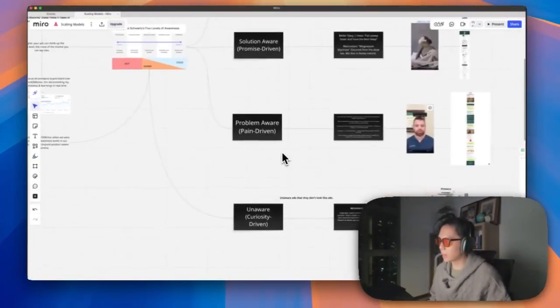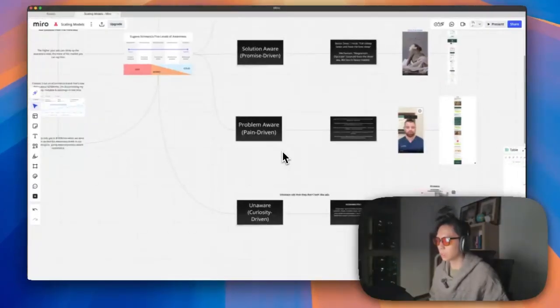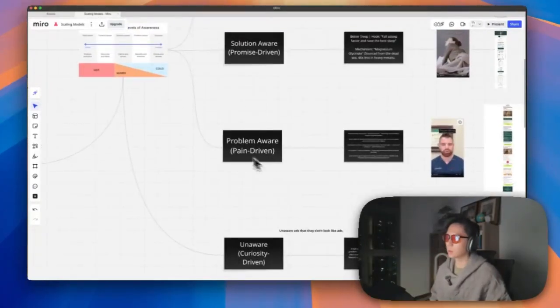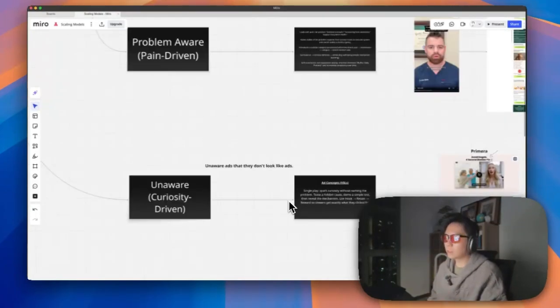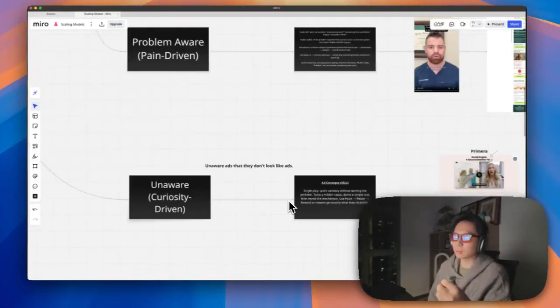Now the next part is unaware advertisement. So these are curiosity-driven ads, and they focus on going after more unaware markets. So these would involve telling stories, explaining mechanisms, talking about different leads and different secrets. I love these types of ads because sometimes they don't actually look like ads. They are pretty long form in terms of telling a story. It almost feels like an infomercial, and it's sharing something that maybe the audience wouldn't know.